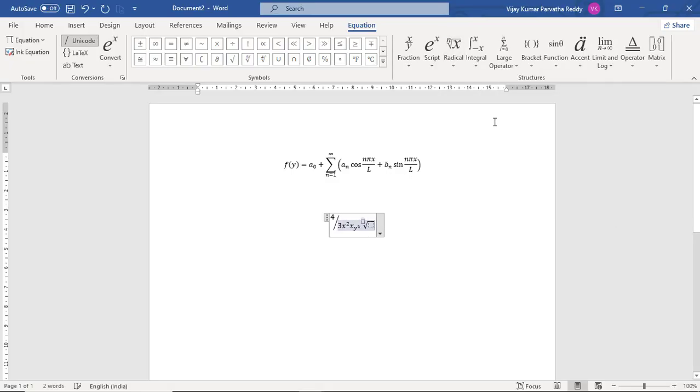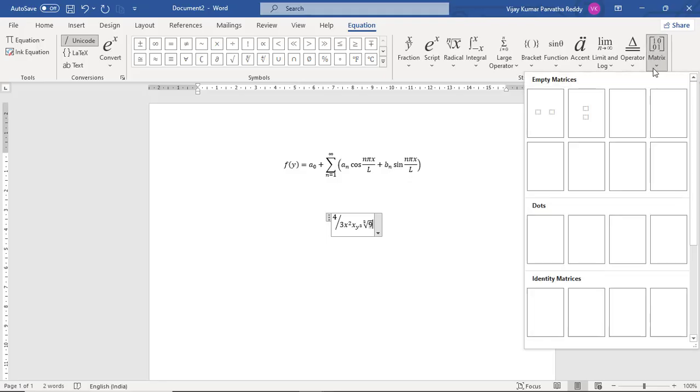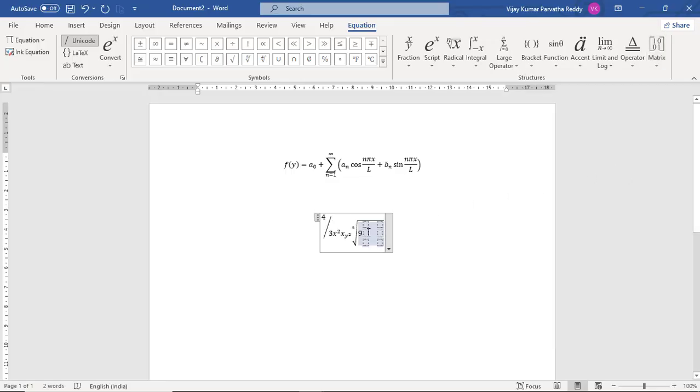And suppose a radical, like roots. I can type here in the box, and here in the box something like that. So like that you can insert any kind of option provided. For example, matrix. In the matrix box you can type the matrix related information inside the boxes, okay, like this.